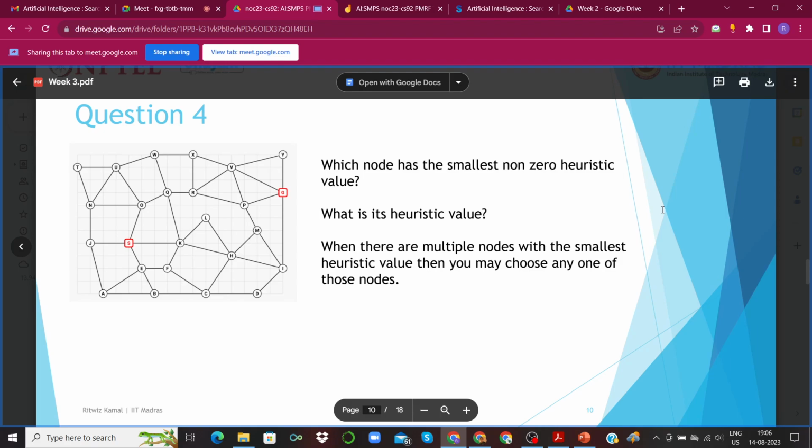If there are multiple nodes with the smallest heuristic value, we may choose any of those nodes. The reason we are told non-zero is that the heuristic value for the goal node itself will always be 0. Once you have arrived at the goal node, you don't need to minimize it any further.